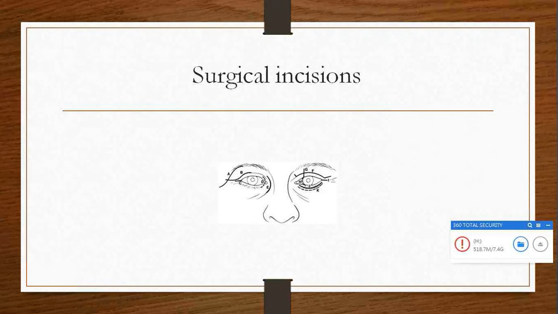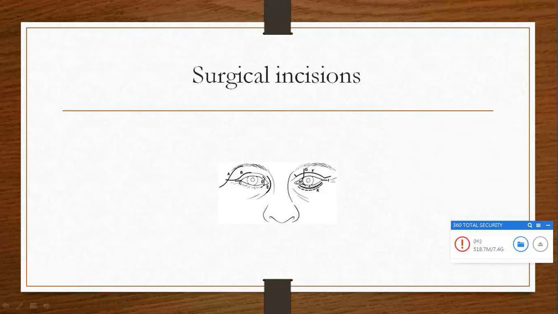Okay, and the next incision is the Rees Buckler incision, that is C. You can cut the lateral canthus and then go deep to the lateral orbital wall and then enter into the orbit. It's a very small incision, but again, you need experts to assist you to retract the tissue and expose the orbital tumor.